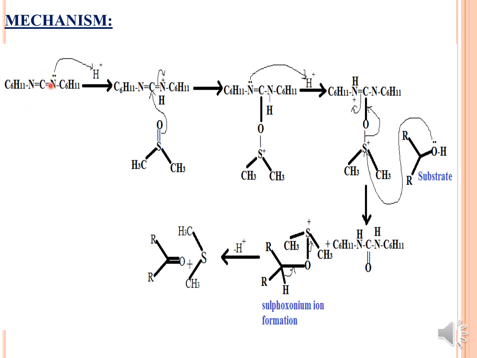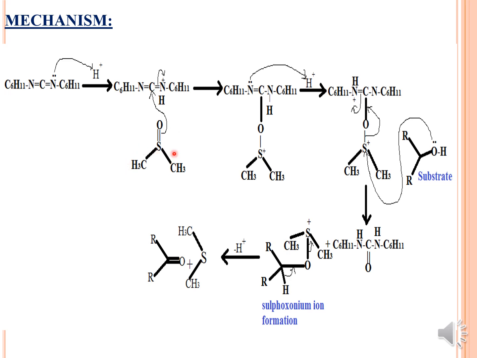So in the mechanism, we are taking the DCC. In the DCC structure, you have a nitrogen atom which has a lone pair of electrons. This lone pair of electrons from the nitrogen atom attacks and abstracts the proton, and once it abstracts the proton, the nitrogen gains a positive charge. That is, you have 4 bonds over here. Here you have to put 1 bond, and once you get this structure,